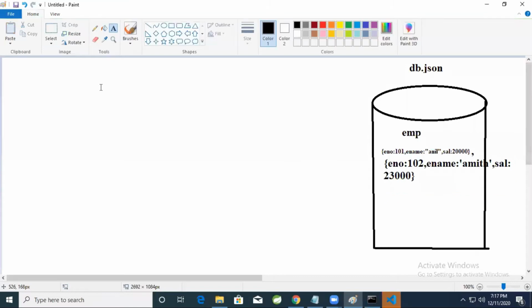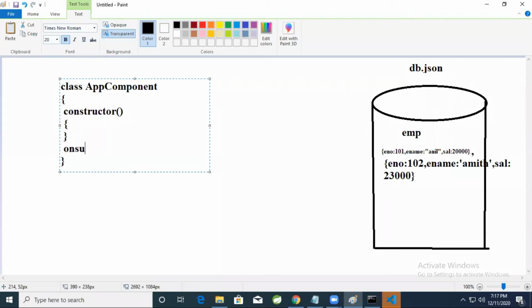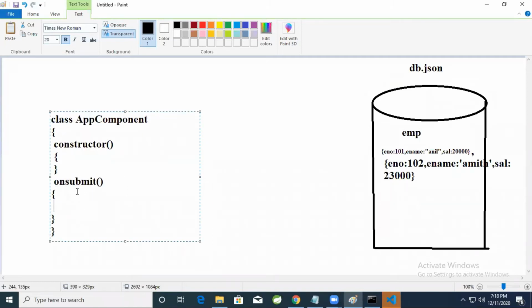Now in Angular application, here you have one component. Component is nothing but a class. It consists of what? Variables and methods. Here you have one component. Already we explained. Once again, I'm explaining this one. Then we'll go back to the coding part. Here I'll try to declare one constructor. And here I'll try to declare one method, onSubmit. This is my component. Component is nothing but a class. What type of code you write inside this method means some business logic.